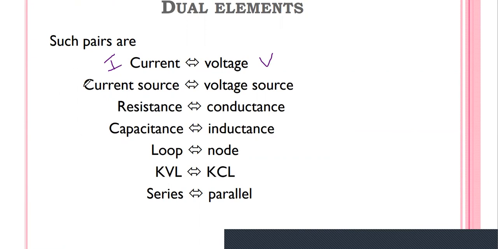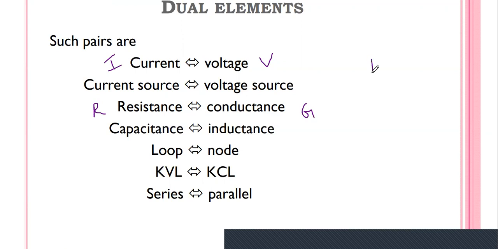Similarly, if a current source is available in our given diagram, it can be interchanged with a voltage source. Similarly, if a voltage source is in our diagram, we have to replace it with a current source. Similarly, if a resistance R is available, we have to replace it with a conductance G.